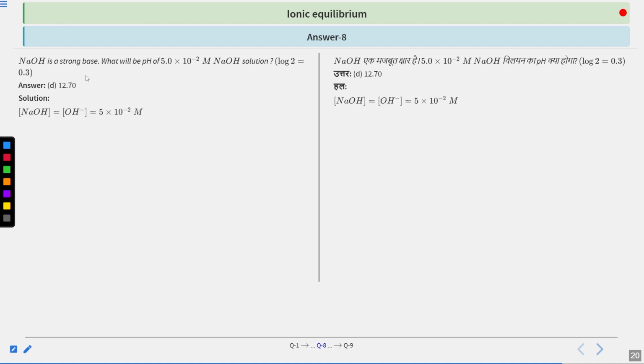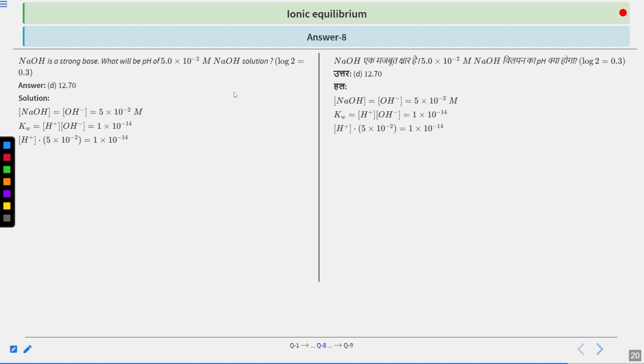So if we consider sodium hydroxide, it is a strong base. Therefore, its concentration will be equal to the normality, which is the OH minus concentration. We don't have to multiply it by anything because it has an n factor of 1. So that will give us OH minus concentration as 5 into 10 to the power minus 2. Now we know that Kw is equal to H plus concentration multiplied by OH minus, that is hydroxide concentration, and that is given as 1 into 10 to the power minus 14 at normal conditions.